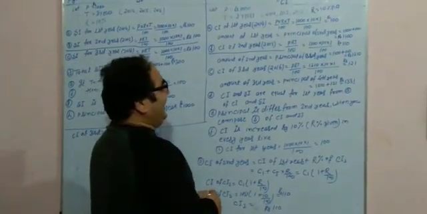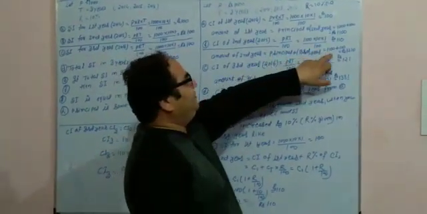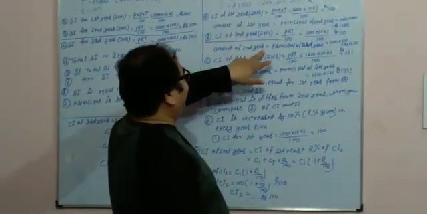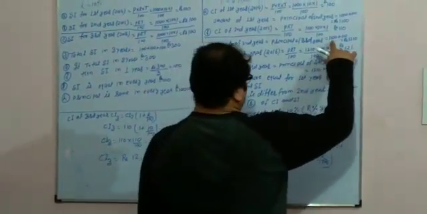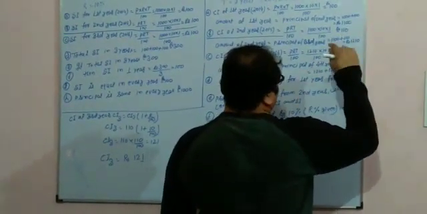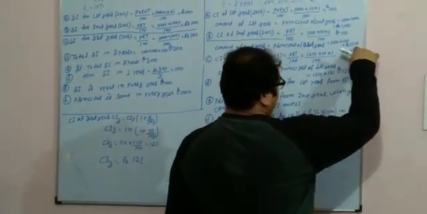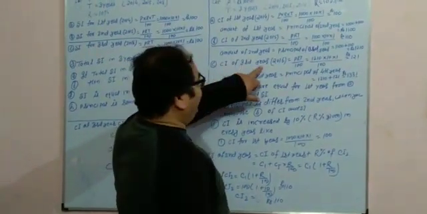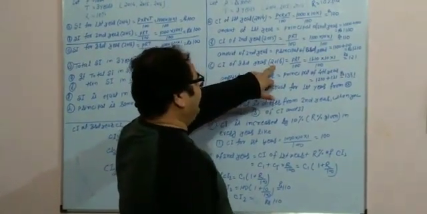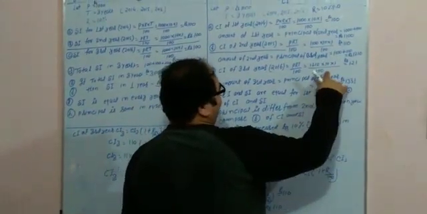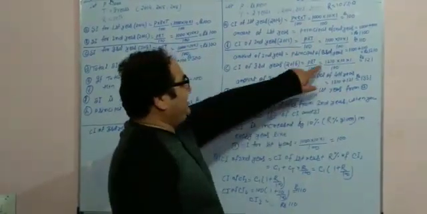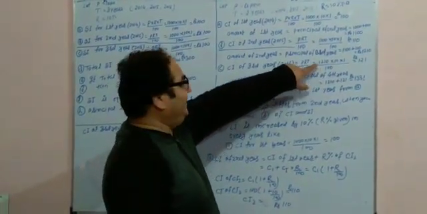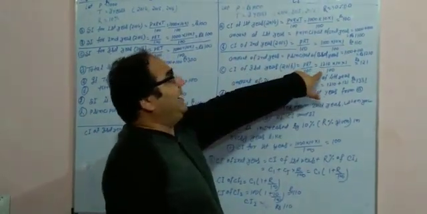Now the amount of second year is equal to the principal of third year. Amount of second year is equal to principal of third year, which is 1100 plus 110, equals 1210. Now CI of third year, that is 2016, is equal to PRT by 100, which is 121. What do you find? Again the principal varies for the third year.